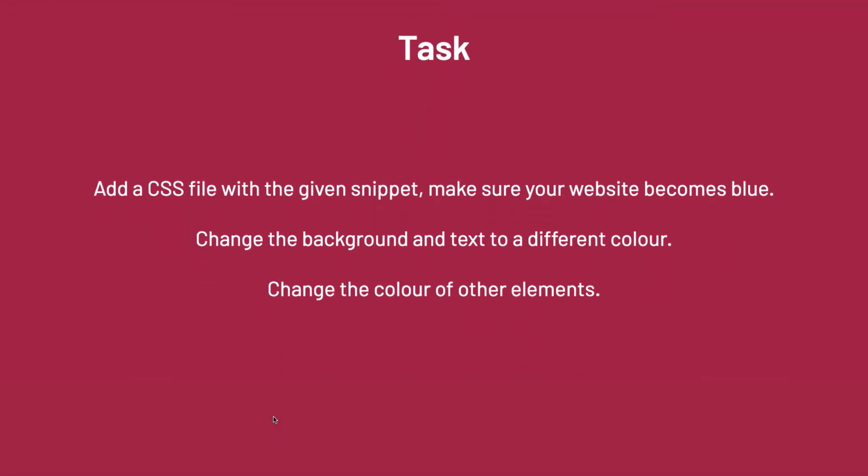Okay, so that's a good point to stop, just to make sure we've got everything going. So what you want to do is create a CSS file with that little text snippet. Make sure that your website becomes blue so you know that the CSS is working. And then try changing the background or the text to a different color. And then try changing the color of other elements, maybe the headings, for example, to play around with the things that you can do. So what we've just done is we've styled elements